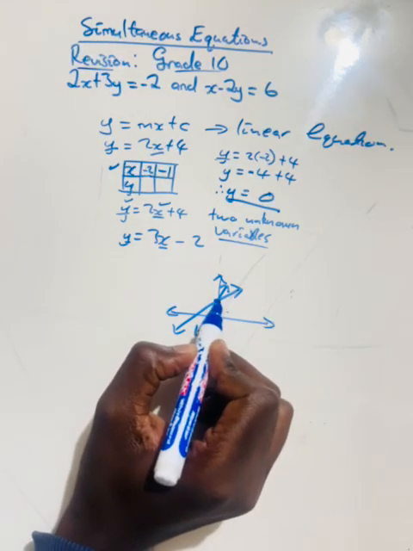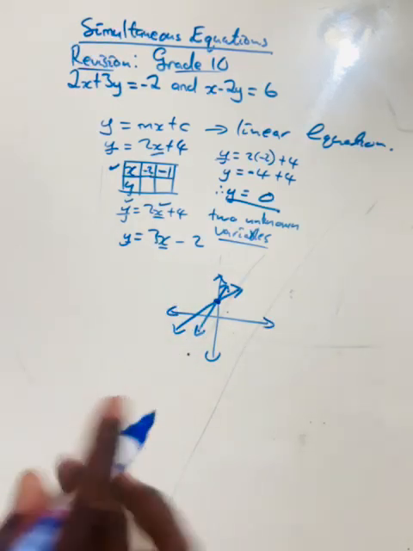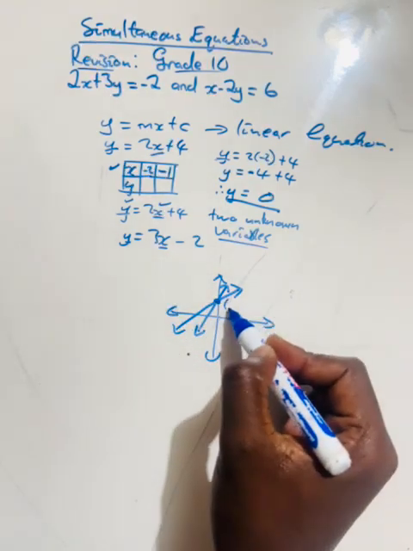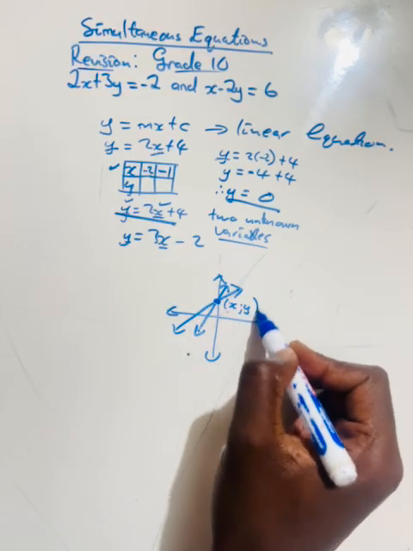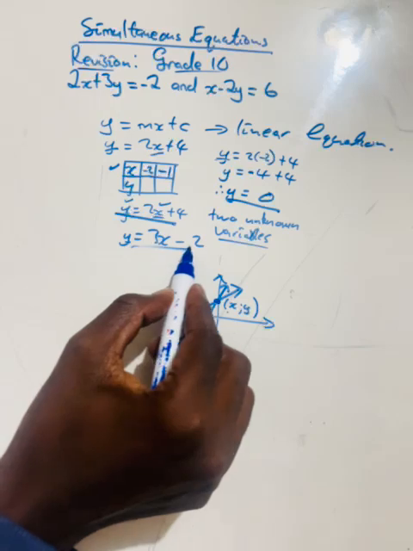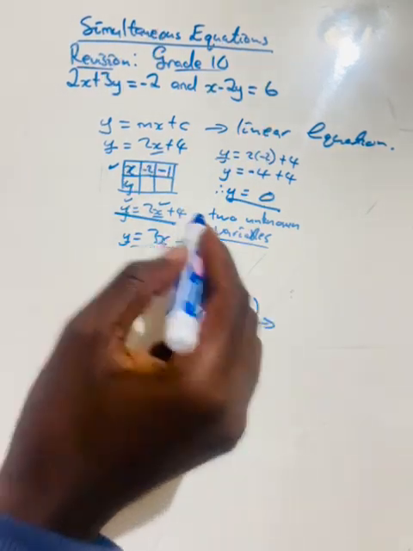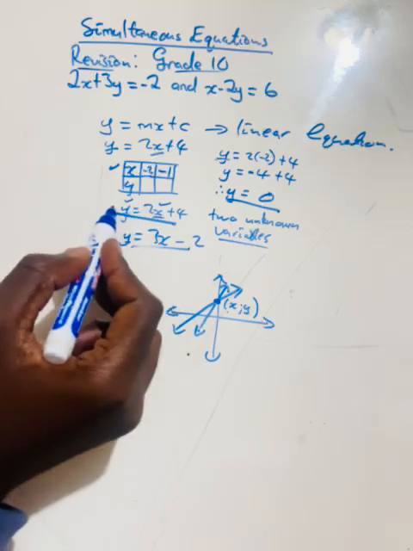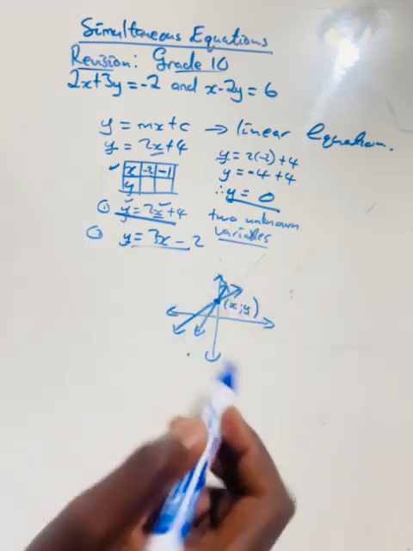This is the point at which they meet. At this point where they are meeting or intersecting, it means that the x for this first graph is identical to the x of the second line graph. The y value at this point for this first equation is identical to the y value of the second equation